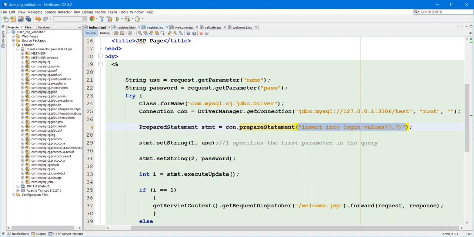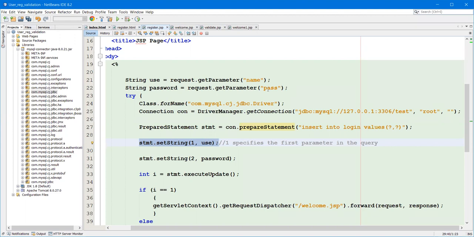How are we going to pass them? We pass the values by using the set string method on the prepared statement object. What is the data type of the first column? It is string, so setString with 1 represents the first question mark, the first parameter in the query. What is the first parameter?